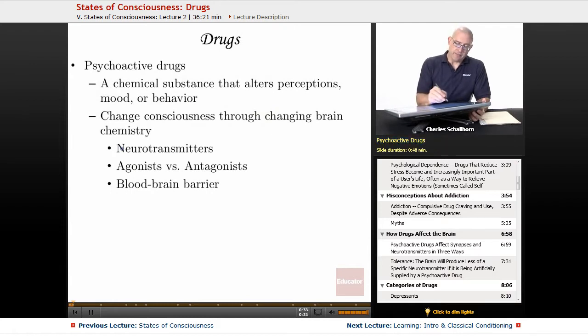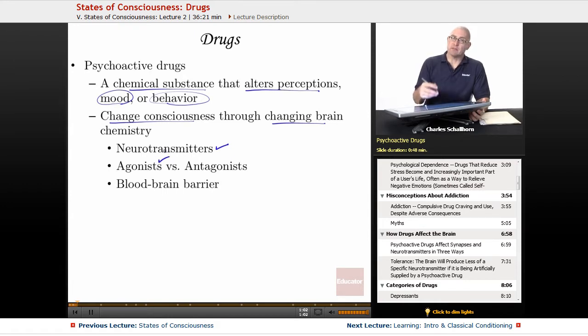Psychoactive drugs, what are they? Well, they're any chemical substance that alters perceptions, mood, or behavior. So they're affecting us in ways that get into our definition of psychology, which involves our thought processes, our emotions, and our behavior. It will change consciousness through changing the brain chemistry, either through neurotransmitters, boosting those neurotransmitters in the brain,